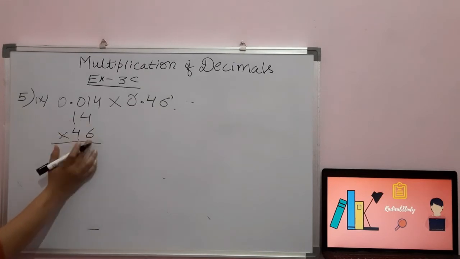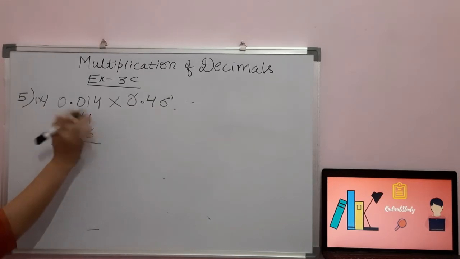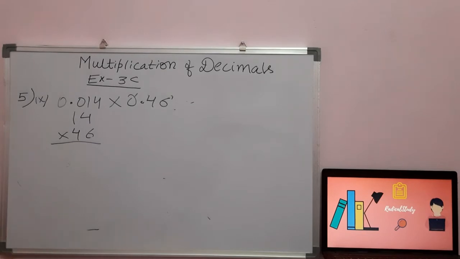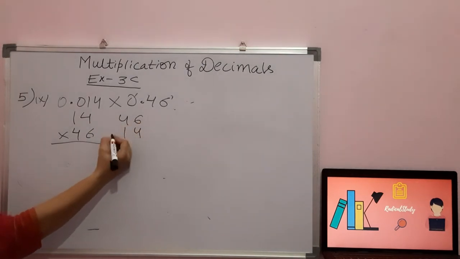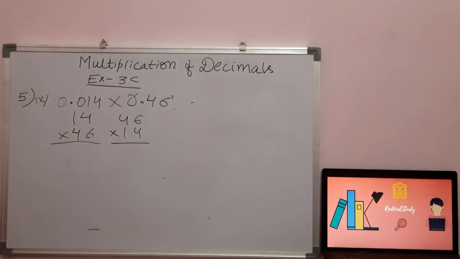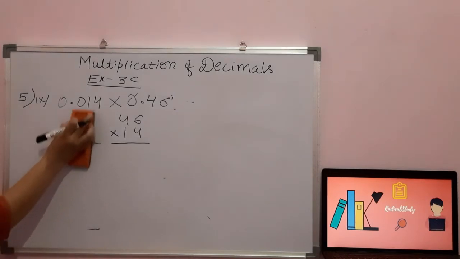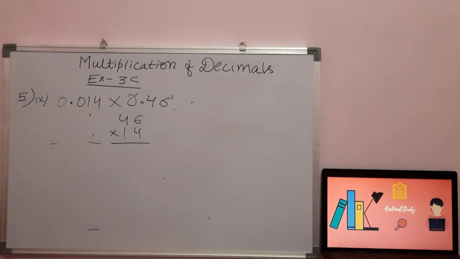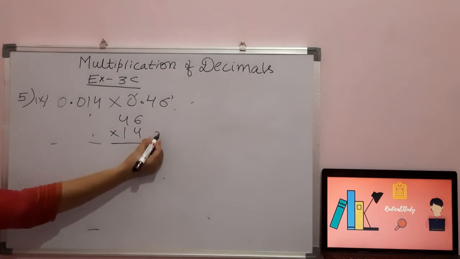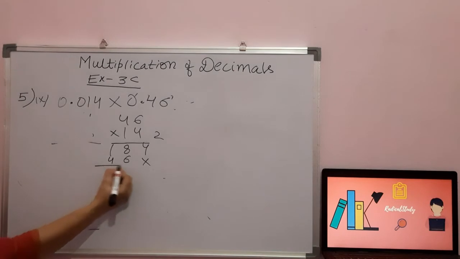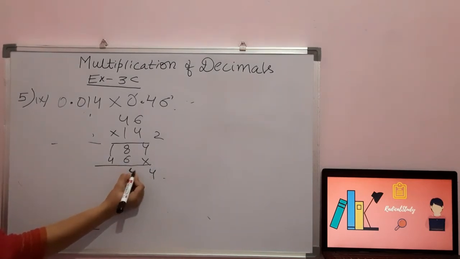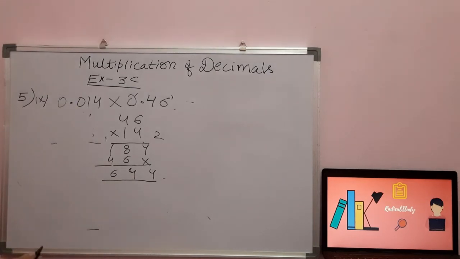Either you multiply 14 by 46 or you can multiply 46 by 14. दोनों केसेस में आपका आंसर सेम आएगा बिकॉज मल्टीप्लीकेशन इज कम्यूटेटिव, राइट। तो मैं 46 को भी 14 से कर सकती हूँ, 14 को भी 46 से कर सकती हूँ। So here I am doing it for you. सो 4 6 24, 2 कैरी, 4 4 16, 18 हो गया, 1 6 14. So what is the answer, students? The answer is 644.